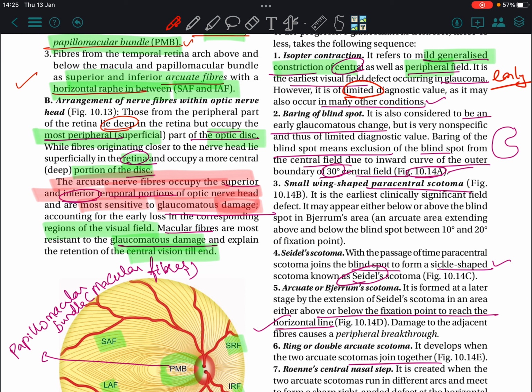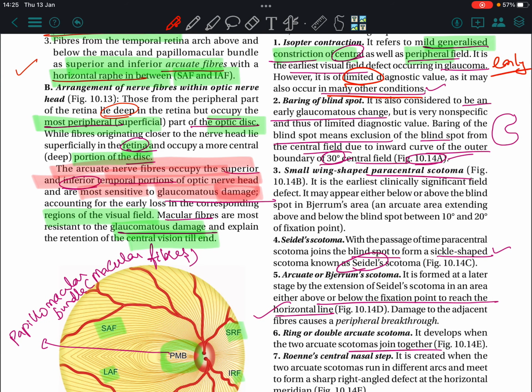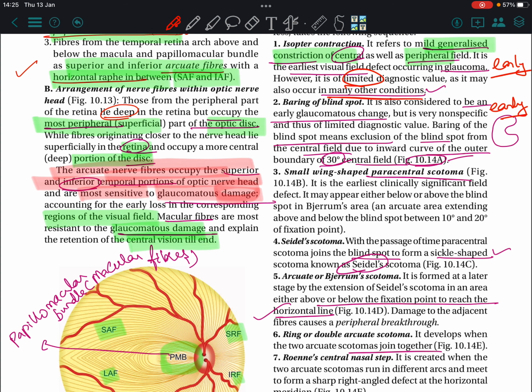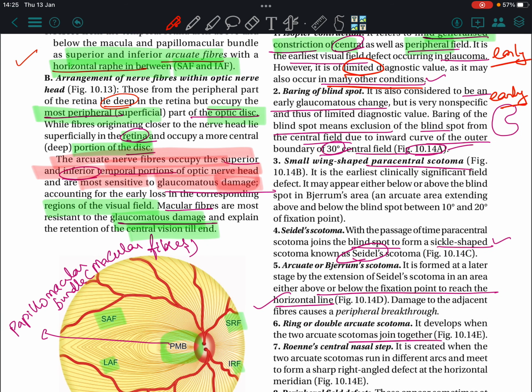However, it is of limited diagnostic value as it may also occur in many other conditions. Baring of blind spot is also considered to be an early glaucomatous change, but it is very non-specific and thus of limited diagnostic value. Baring of blind spot means exclusion of the blind spot from the central field due to inward curve of the outer boundary of the